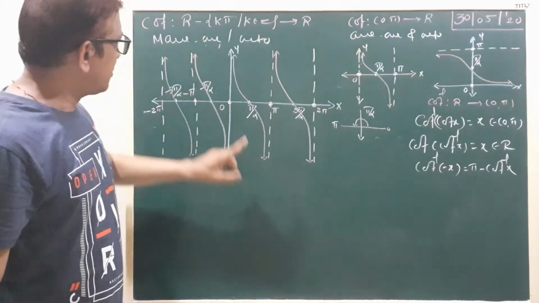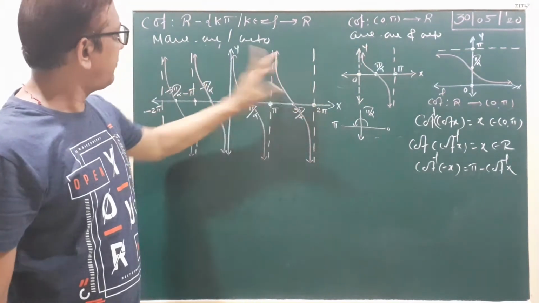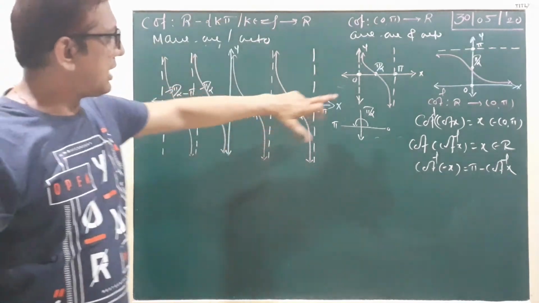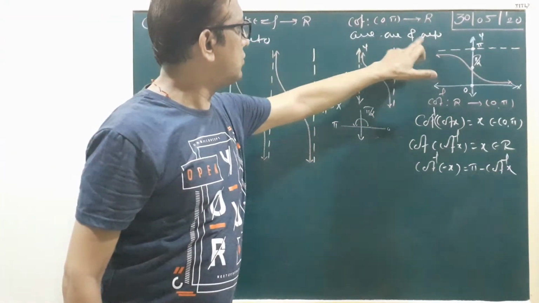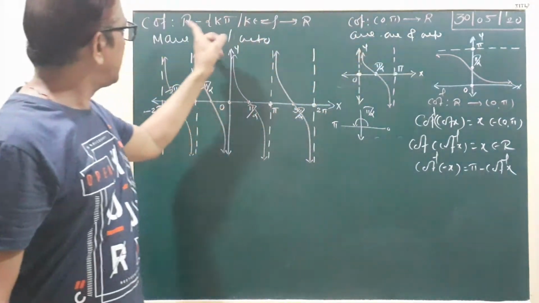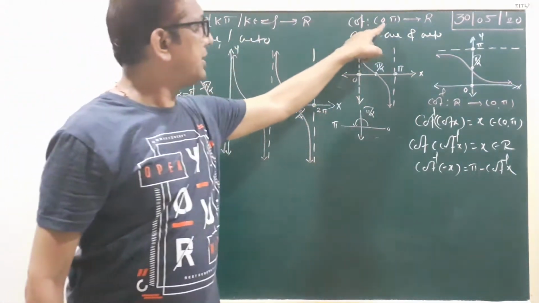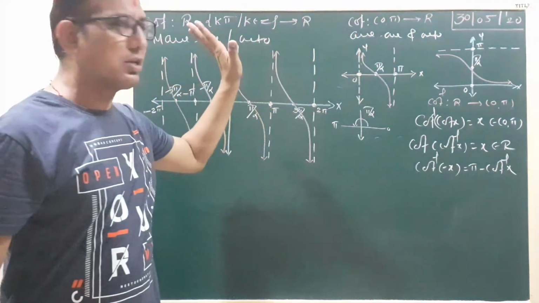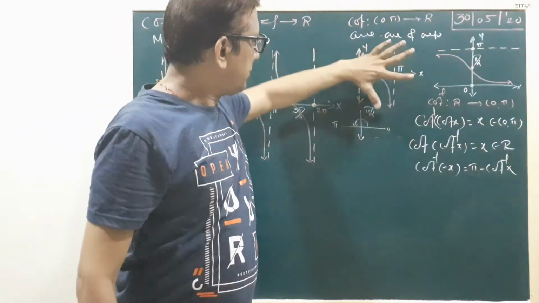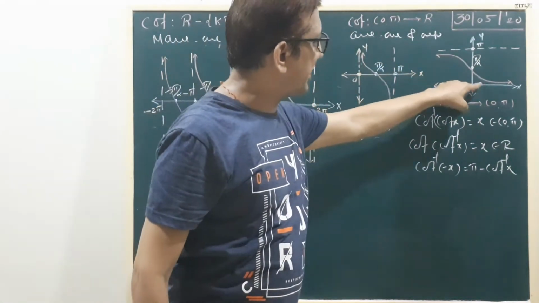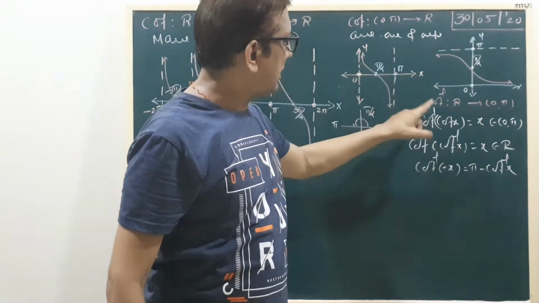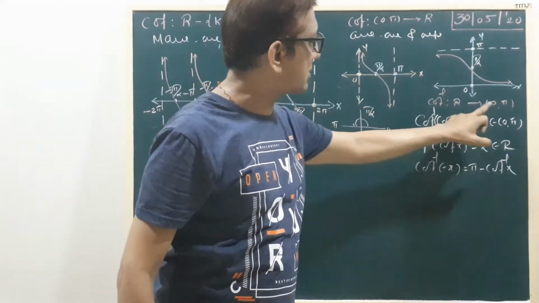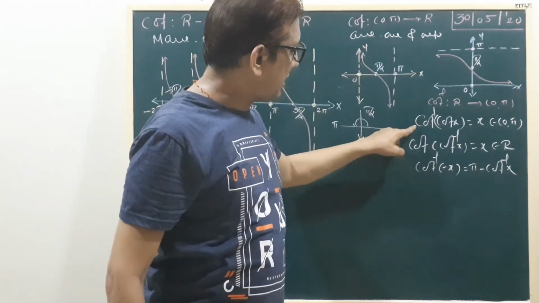So this is your cot function graph. It is many-one and onto, but with our limited domain 0 to pi, this function is one-one and onto. The original domain is R minus k pi; here our domain is 0 to pi. The codomain is the same because the function is already onto. Now we convert the graph on the y-axis, 0 to pi, and it is called cot inverse. The codomain becomes the domain and the domain becomes the codomain.